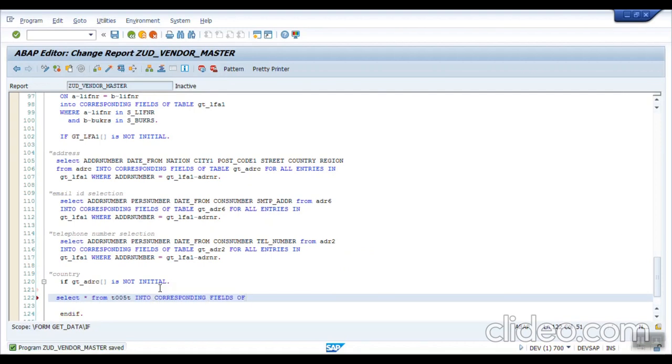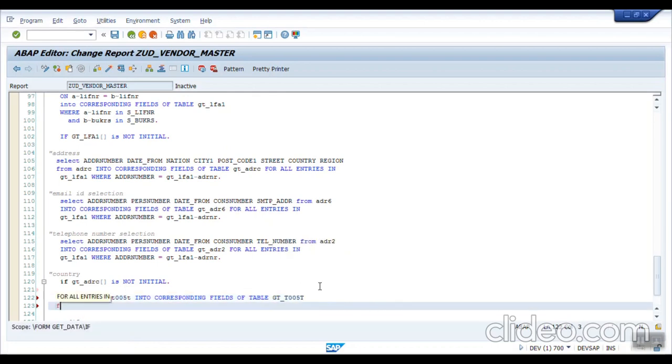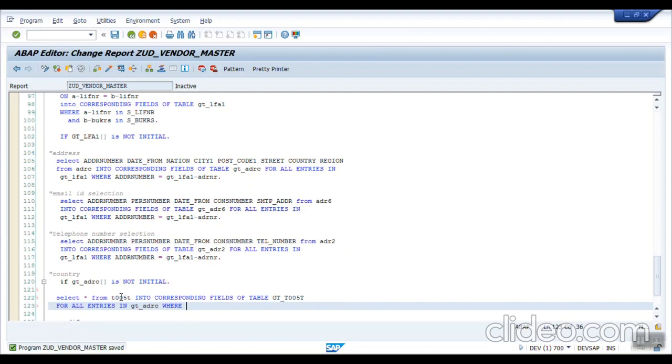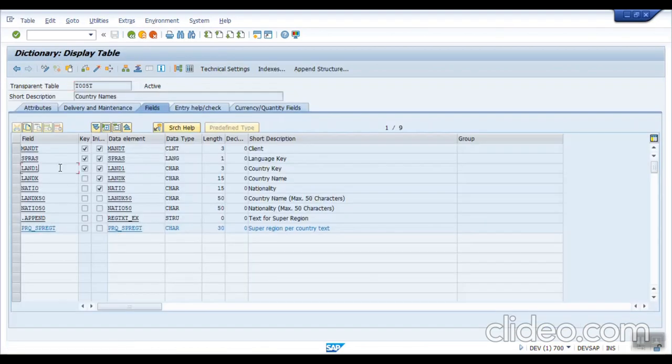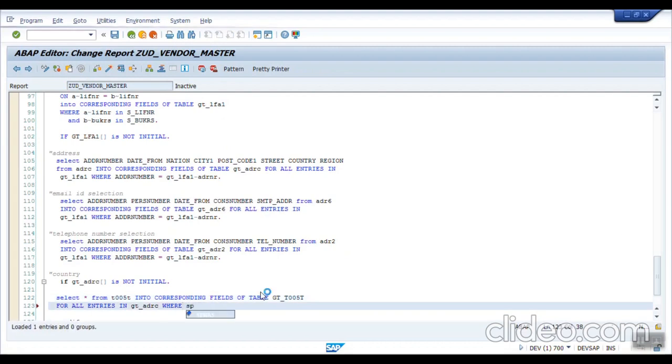into corresponding fields of table GT_T005T for all the entries in GT_ADRC, where if you press you can see all the fields. My line 1, that is the country key, the first field is SPRAS is the first field.